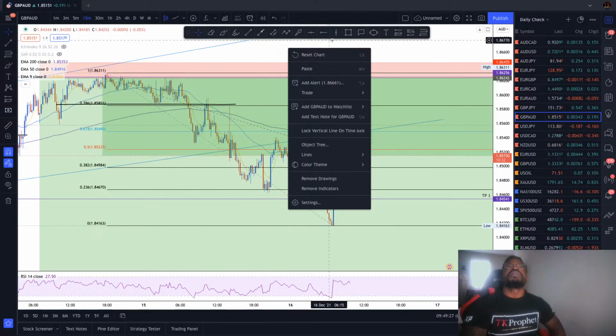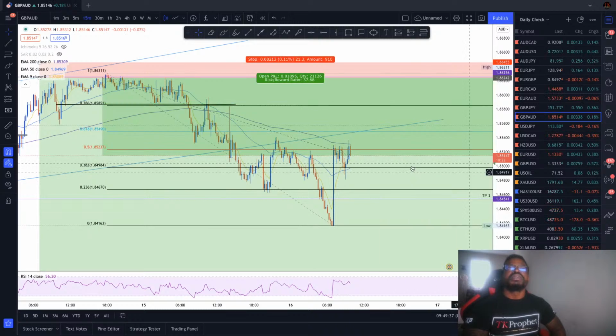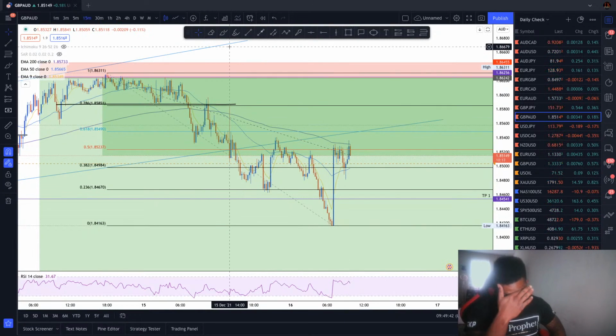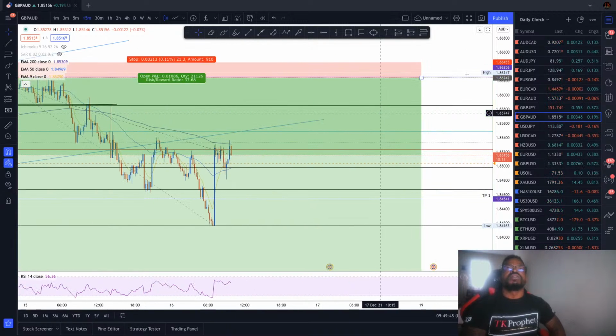So with this one, looking for a continuation, we will put an alert here to see if it's broken. If not, we'll place a stop at break even. As far as the stop loss on this new position,